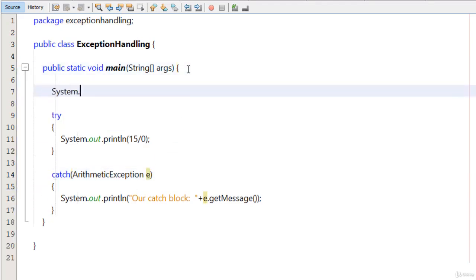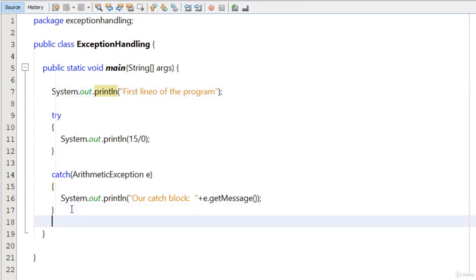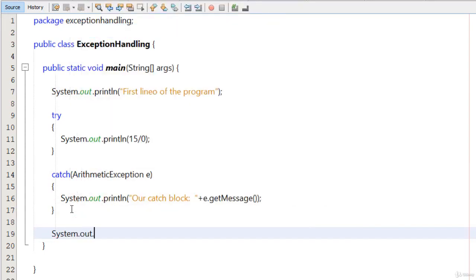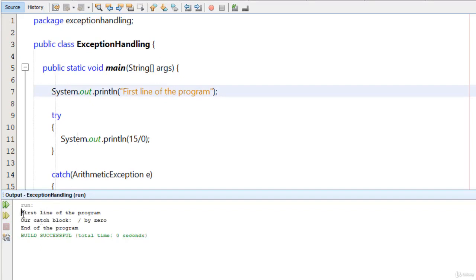I type here system.out.println, and I type here "first line of the program", and also after the catch I type here system.out.println, and I type here "end of the program", like this. Okay, so now if I run this program, you will see first line of the program, and